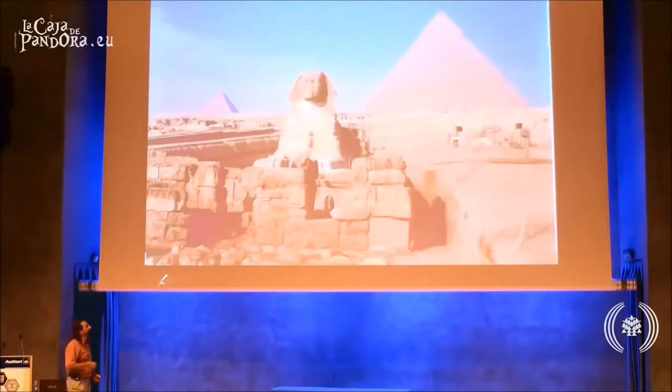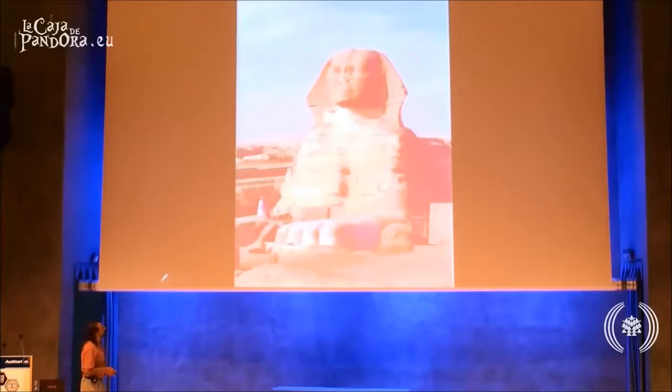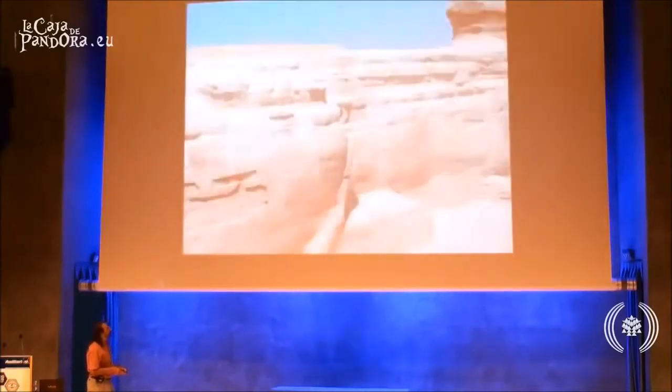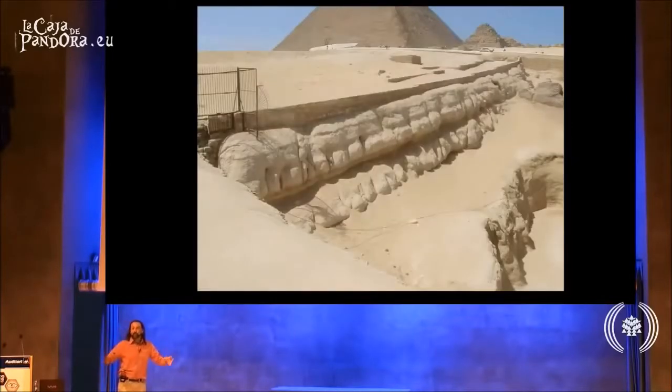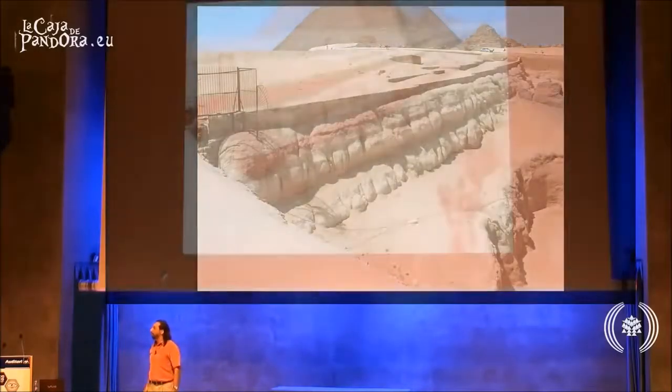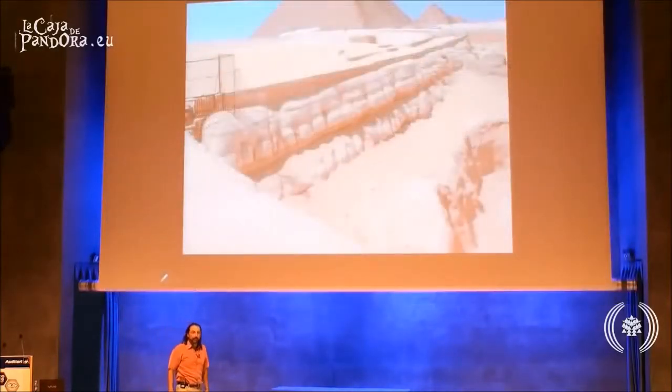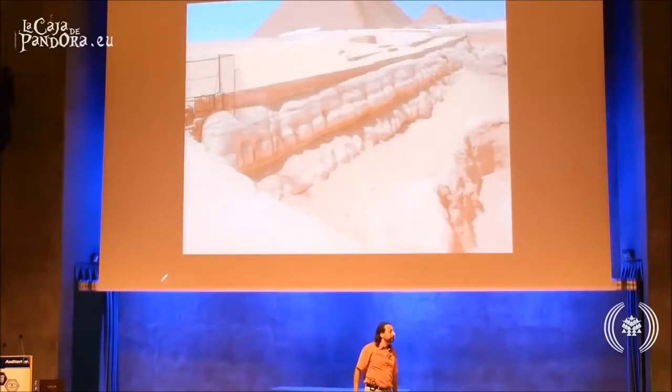200-ton blocks. They're very large. They're removed right out of the enclosure, right out of around the Sphinx. Pulled out. Not only are they 200-ton blocks, but they're stacked on top of each other to make the Valley Temple in front of the Sphinx. So not only did they remove 200-ton blocks, but they were stacking them.